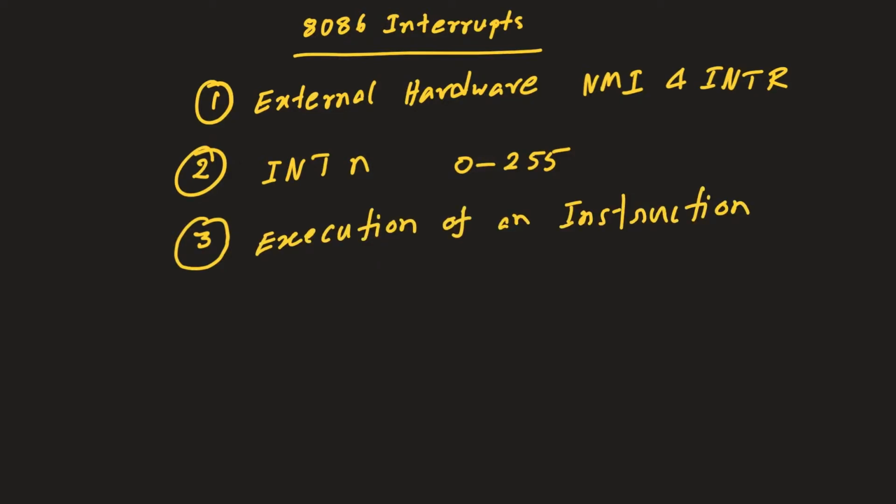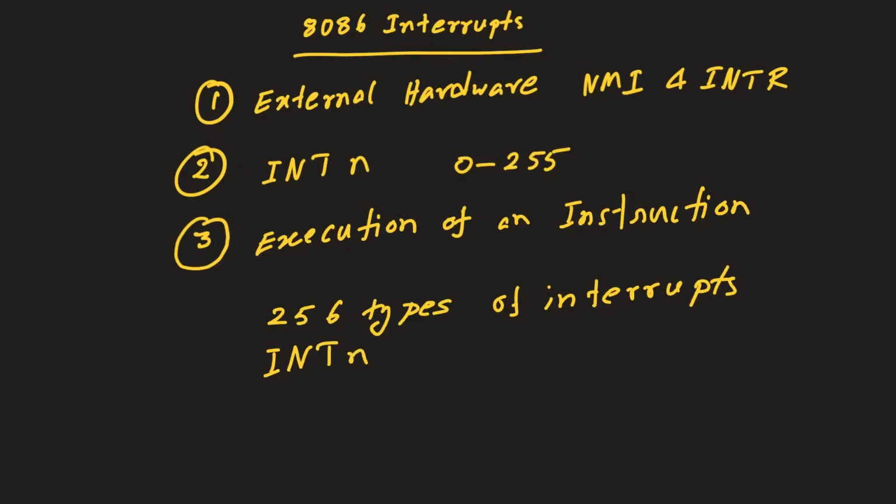8086 has 256 types of interrupts, and they may be provided via external hardware, also by using an instruction. The interrupts which are initiated by software instruction can be initiated by the INT N instruction. Now N is actually the type number which, as we have already discussed, can range from type 0 to type 255,